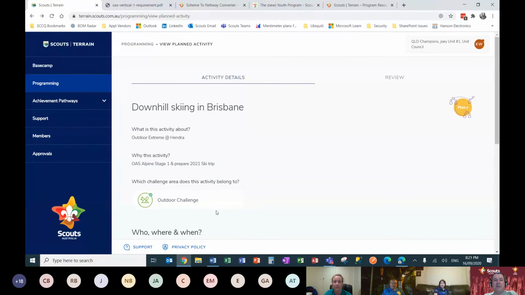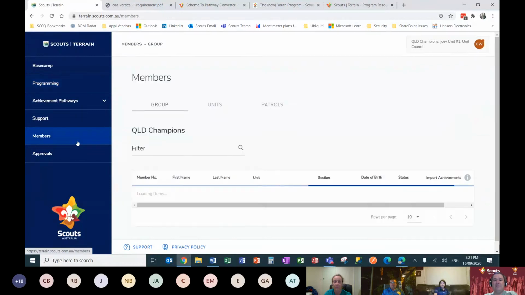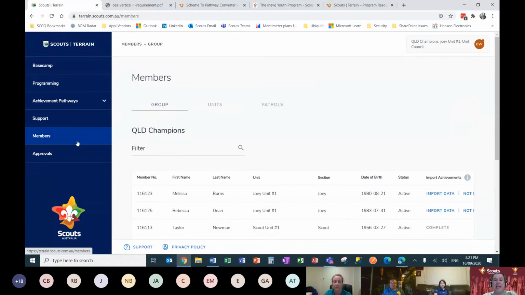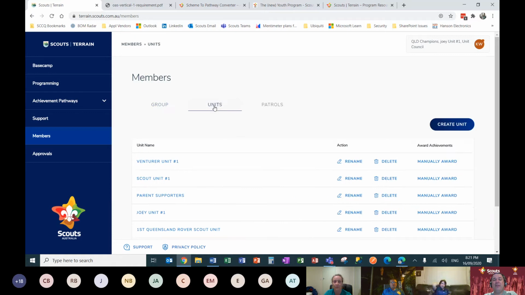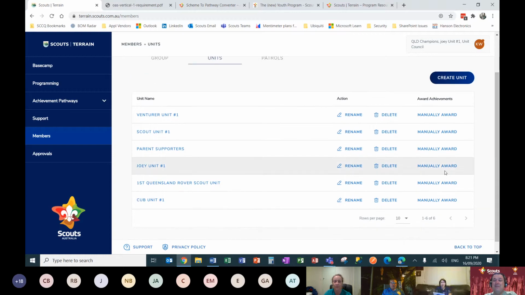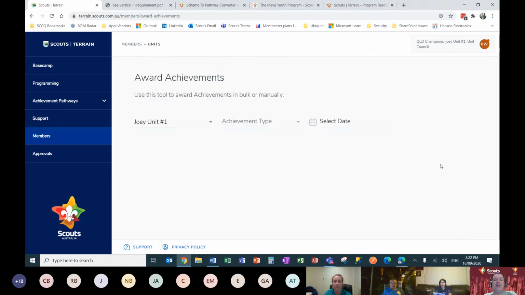I might move on if everyone's okay, around how do we now award data to groups and units. So the first scenario I'm going to play out is we're a Joey Scout unit, because this is what it was actually designed for, and it's based on some feedback I gave them. We might say we want to manually award an outdoor adventure skill,